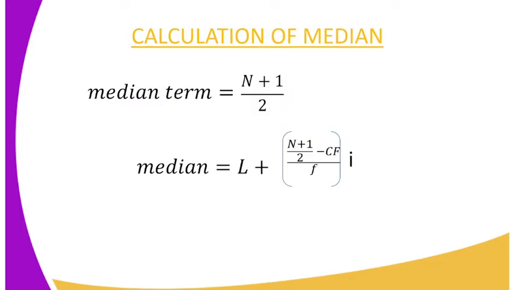On to the calculation of median, there are two very important formulas that you are supposed to understand. The first one is how to calculate the median term, and n represents the total frequency or summation of frequency. The second formula is the median. How do we calculate the median? Median is equal to this formula, where L represents the lower class limit of the median term, and small f represents the frequency of the median term, and CF represents the cumulative frequency above the median term, and lastly